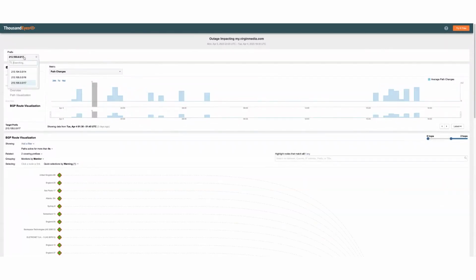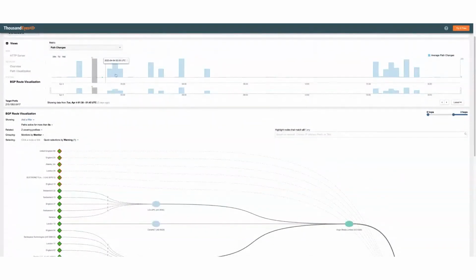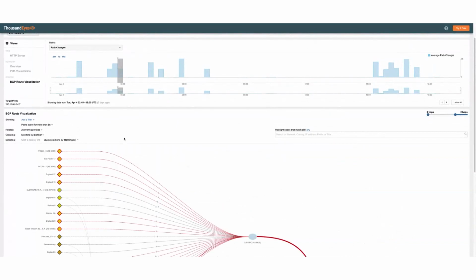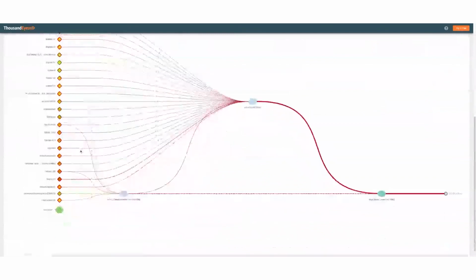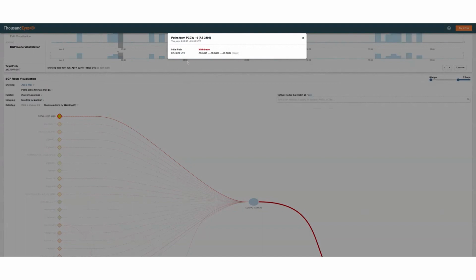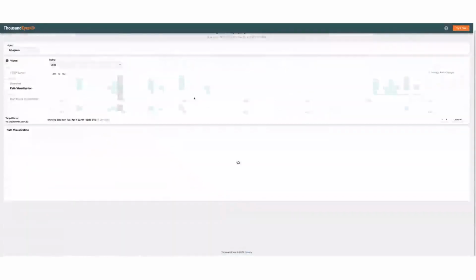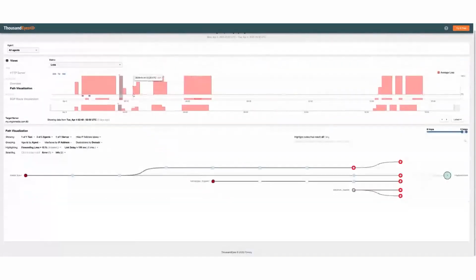If we click on the correct traffic that we were looking at previously, we can see that the majority of the agents executing this did not have any visibility. That issue persisted. On the left-hand side, we can now see there was certain activity. If we select one of the agents, we can see that at approximately 2:49:23 UTC, Virgin Media advertised their prefixes to LGI UPC, ultimately reaching the autonomous system where our collector was. Now if I go back to path visualization,